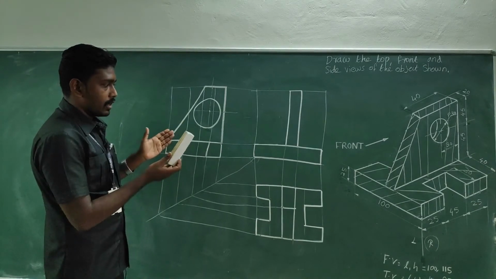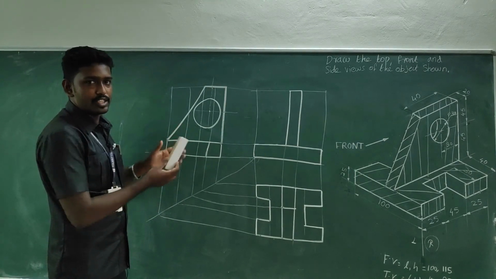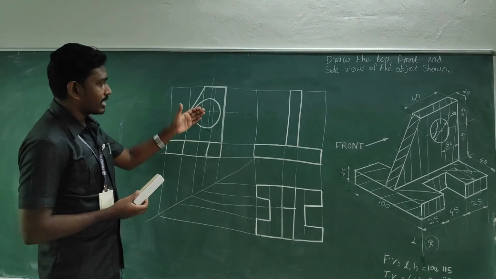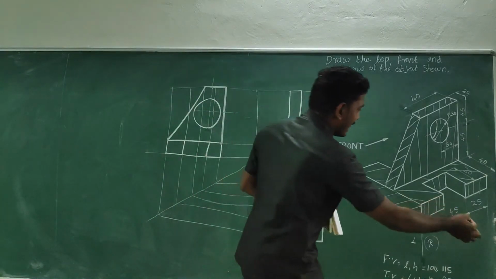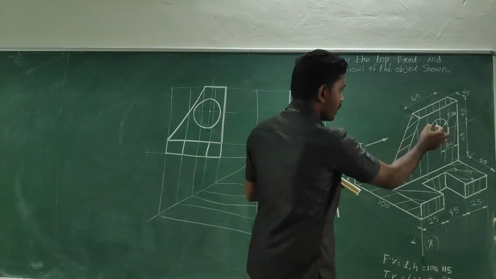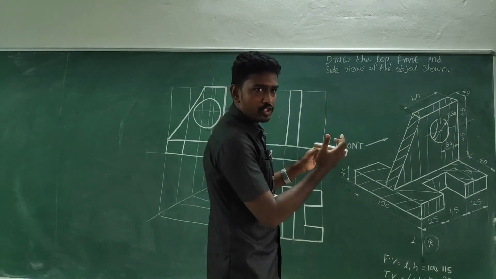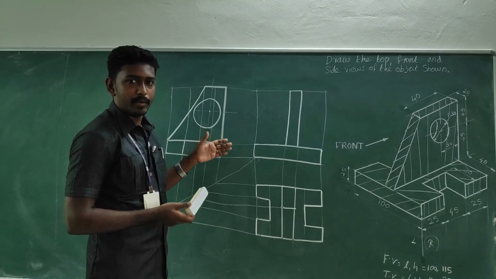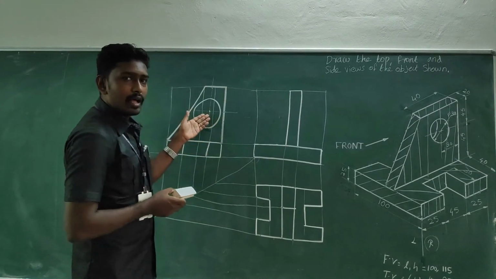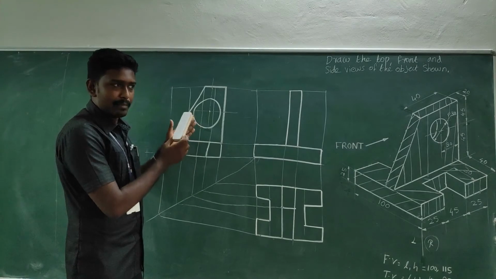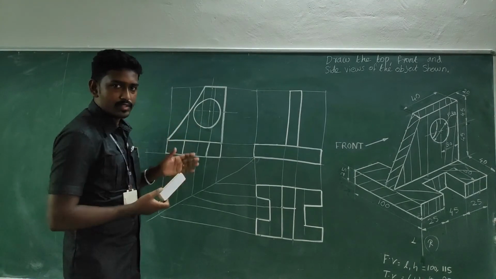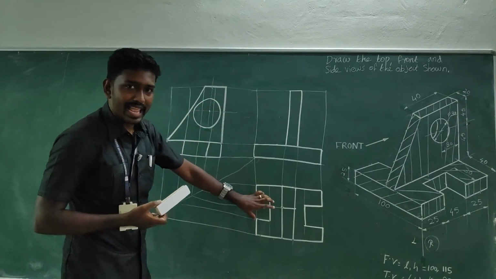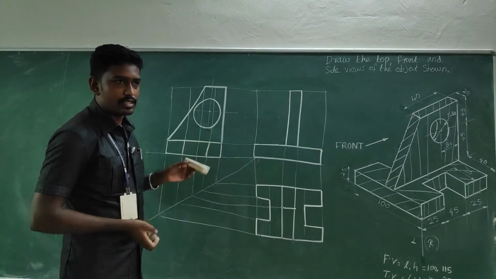So now I hope we have completed the right side view. Almost every dark edge, that means visible edges, is completed. The only thing now is we have to capture the hidden edges. Here the circle is here. So in the side view the circle can be seen. But think about the top view and front view. Definitely it cannot be seen, but the hole will be present exactly in the same position, right? So what we have to do is take this hole to the front view as well as the top view as hidden features, right?